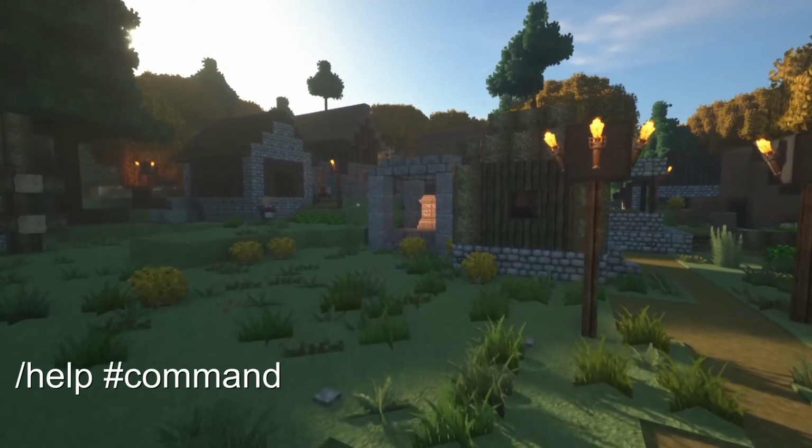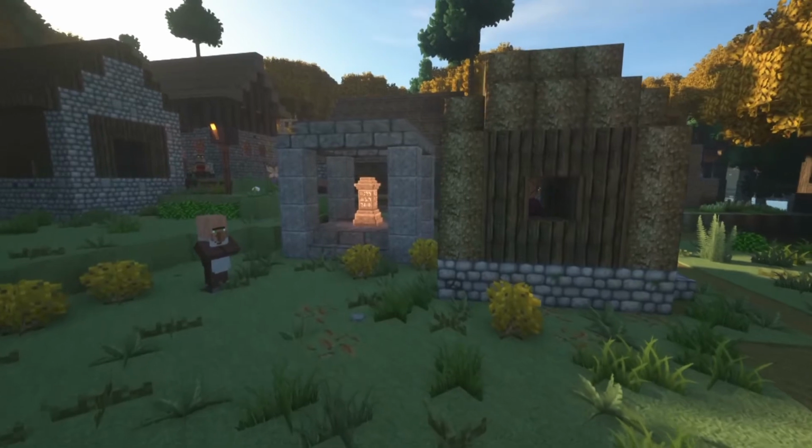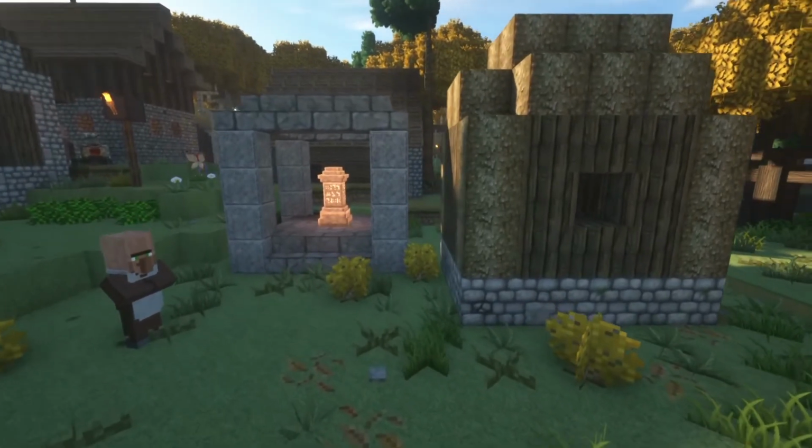Minecraft's help command is very effective when you want to learn what the exact syntax is. And now, let's have a look at the commands, starting with